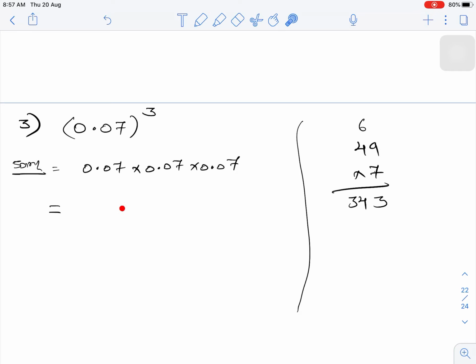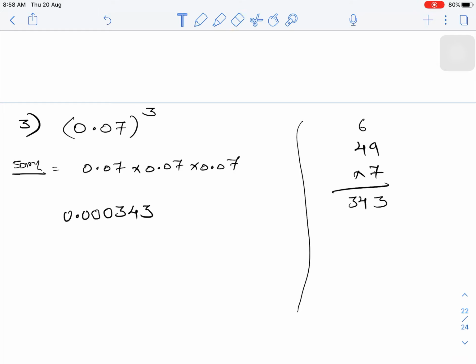Okay, now what you have to do, we will write this 343 over here. Now look at the decimal places. Here decimal place is 2, here also 2, and here also 2, that is after decimal 2 digits are there. So 2 plus 2 is 4, plus 2 is 6. It means that in this number after decimal there must be 6 digits. Now let us start adjusting it. So here original decimal must be there, so 1 2 3. Now we don't have a fourth digit, so it will become 0 4 5 6.